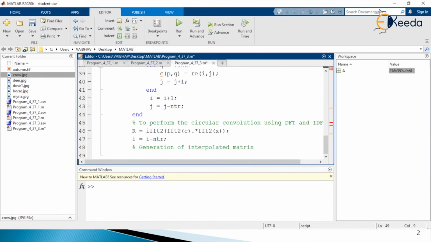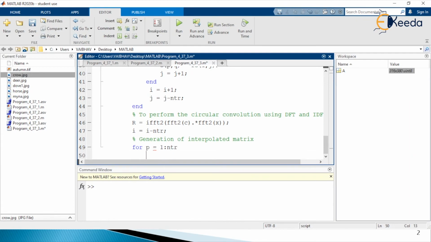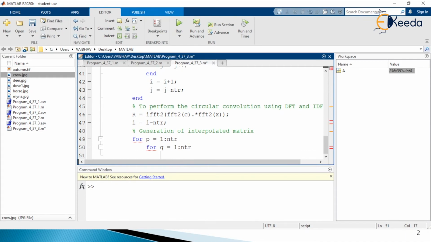For that purpose, let us make use of for looping here. Index variable p starting with the value 1 extending to ntr. Inside, nesting another for loop with the index variable q again starting at 1 extending to ntr. And there we define RE of i comma j, that is equal to capital R of p comma q.